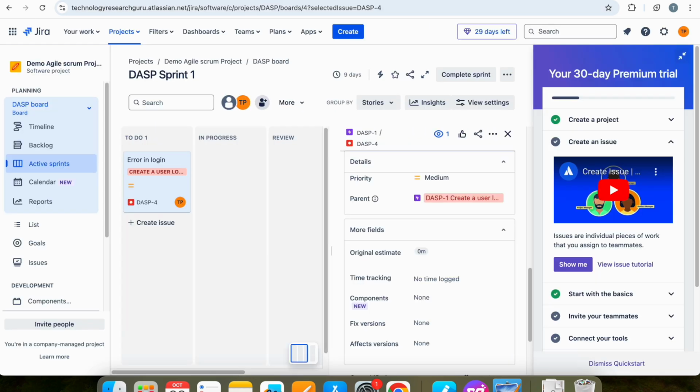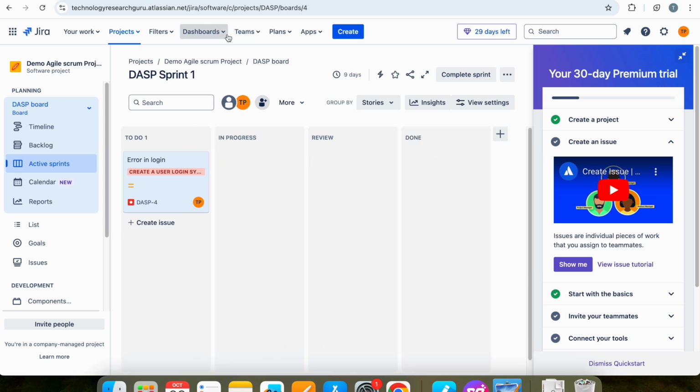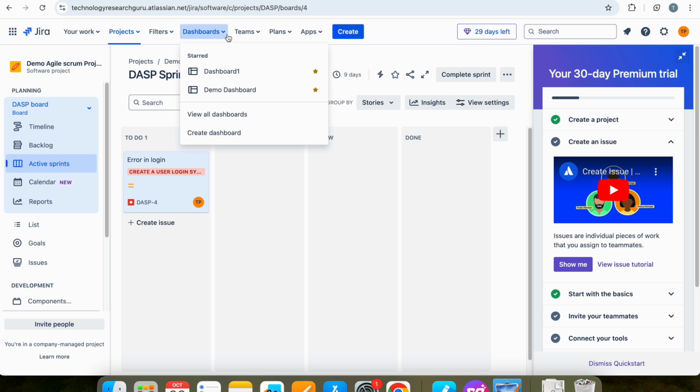you can also monitor this project through the dashboard that we have created. So slightly different features and menus will be available in a different tool, but once you understand the concept, if you use it for like one or two weeks, easily you can use the tool for your day-to-day work. So this is about the